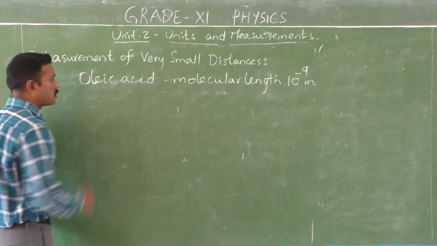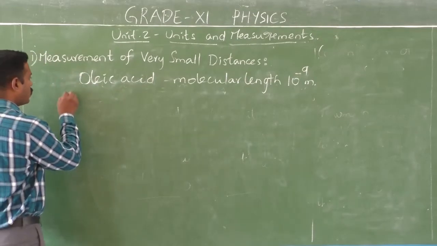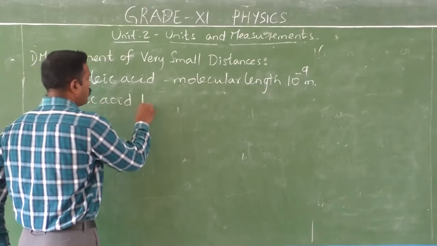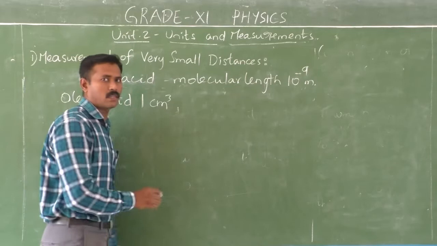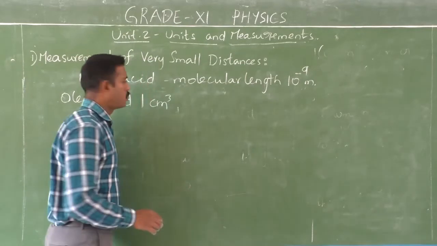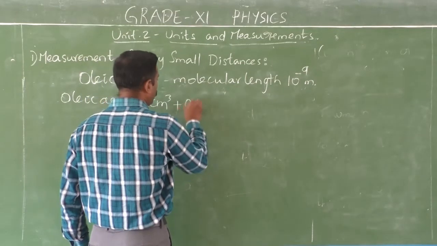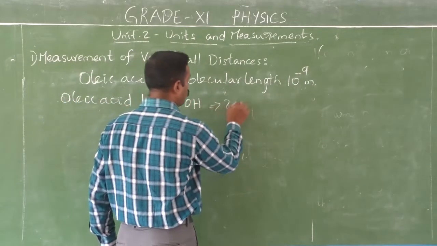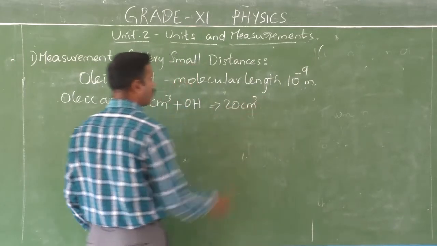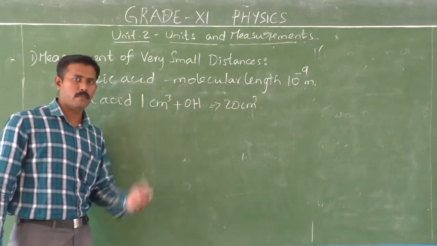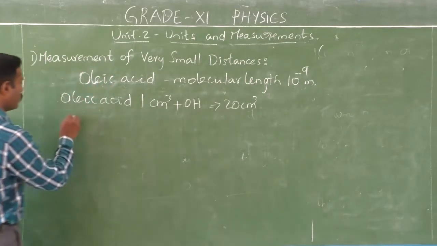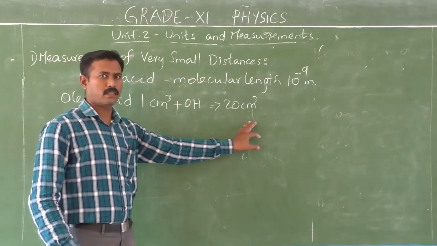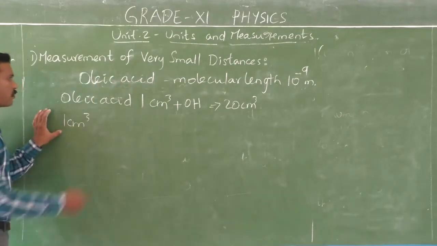So I take folic acid. 1 centimeter cube of this solution I dilute with alcohol, and I get 20 centimeter cube of solution. And from this 20 centimeter cube I again take 1 centimeter cube. So this itself contains folic acid, and from this solution